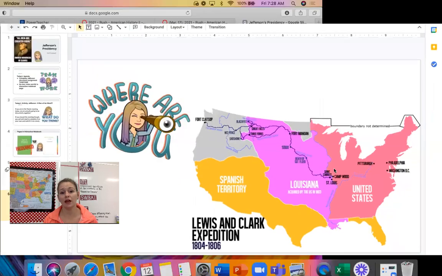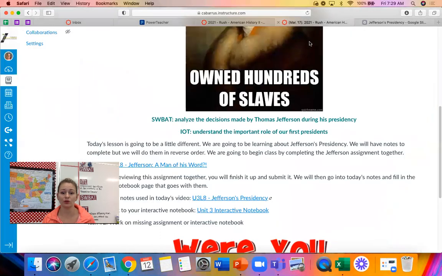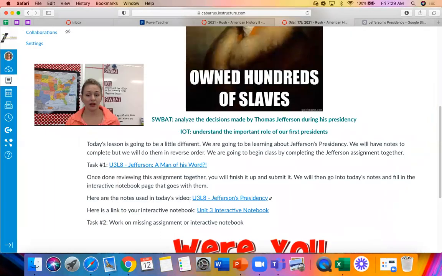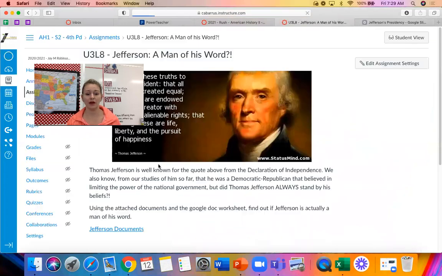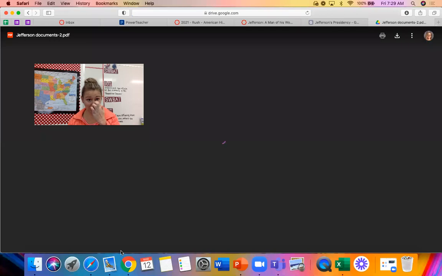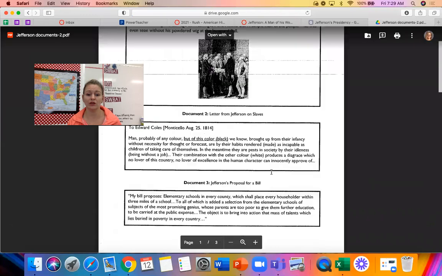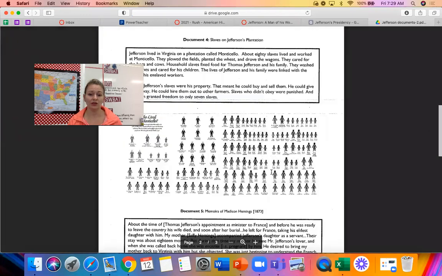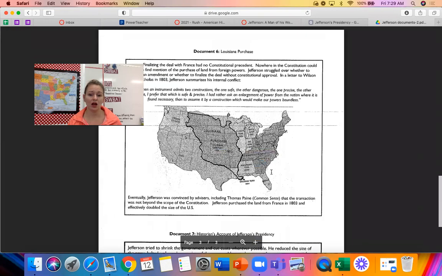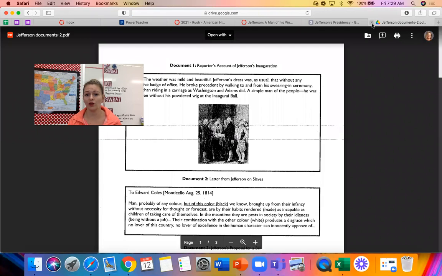So that brings us to the end of the notes portion. Make sure you fill in that information in your interactive notebook. Your assignment that if we were in class, we did together is going to be Jefferson, a Man of His Word. So what you're going to do is open up a series of very small little documents to look at, and they're going to tell you some information about Thomas Jefferson and just give you a little bit of info about his beliefs, about his slave owning, about the Louisiana Purchase, and so on. So what you're going to do is while you're reading through that,